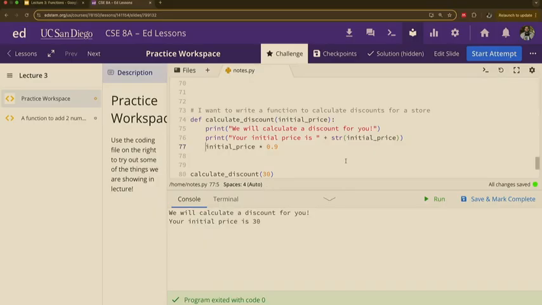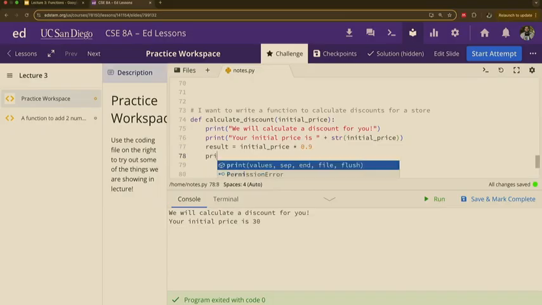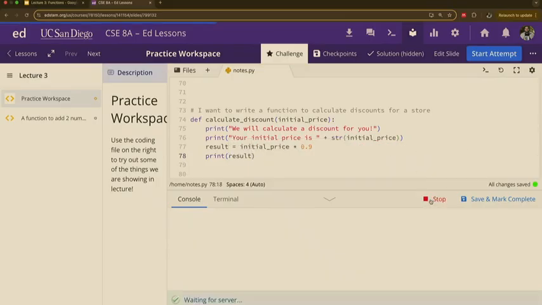So let's make a new variable called result. Result. Now let's run it. Oh, okay. That's not working. We need to print it out. We need to print out whatever this is. So let's print our result. Let's run that. Boom! All right?